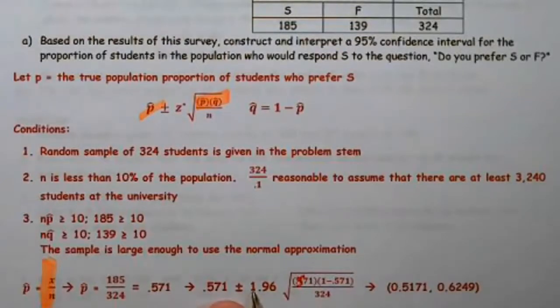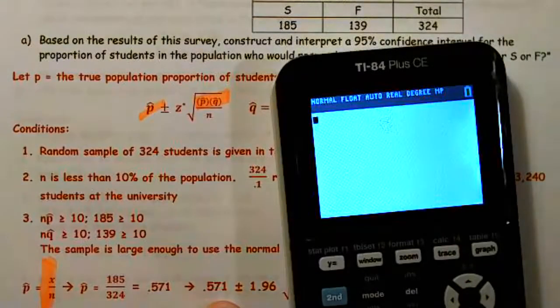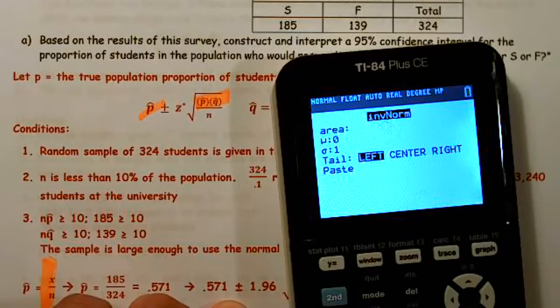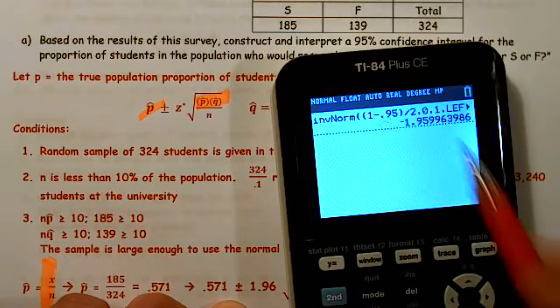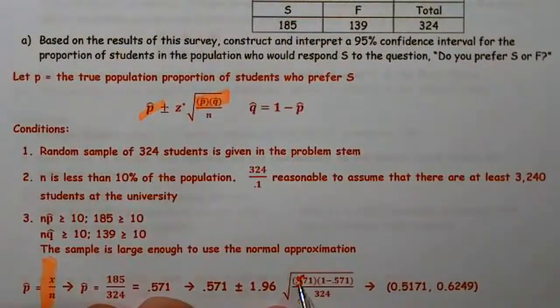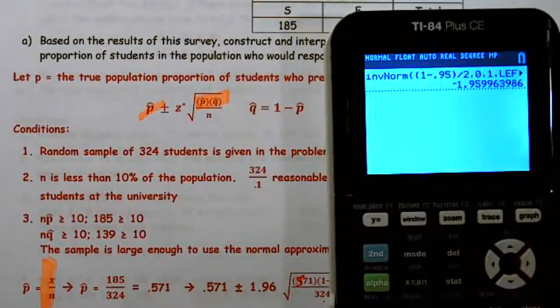We needed a 95% interval because that's what they asked for. Please remember we're working with a Z because every time you work with proportions it's a Z. The second VARS, inverse norm, parenthesis 1 minus 0.95 divided by 2. So this gives me a Z star of 1.96. And this should be 0.571 times Q, or 1 minus that, over 324. And if we go ahead and run this test,